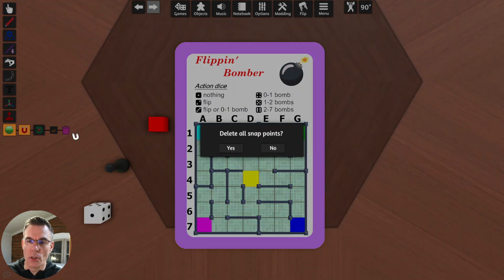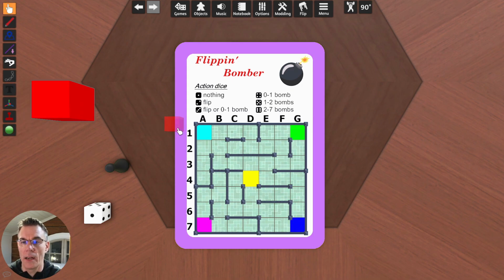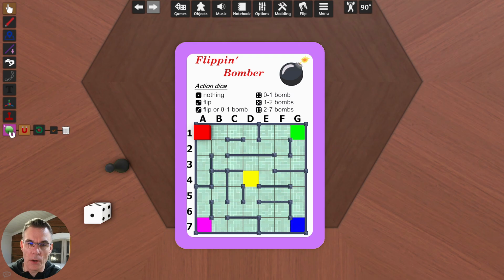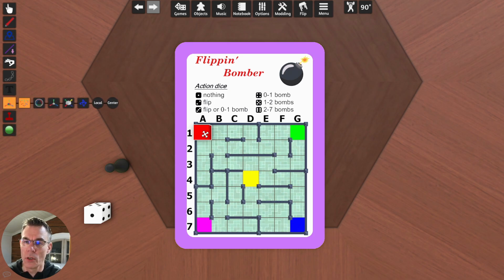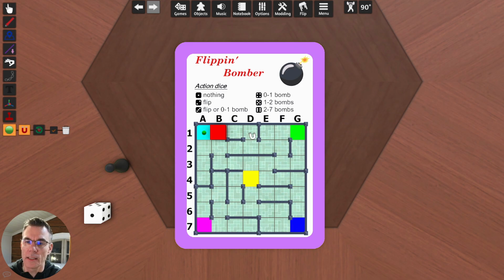So I usually use this method that I have a cube or any other component. I place it where I want that snap point to go, because the snap point always goes in the center of the component that is not locked, like so. Then I use this gizmo tool to move the component exactly where I want it to go, like this.